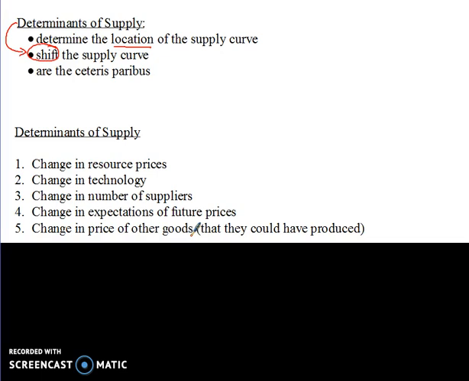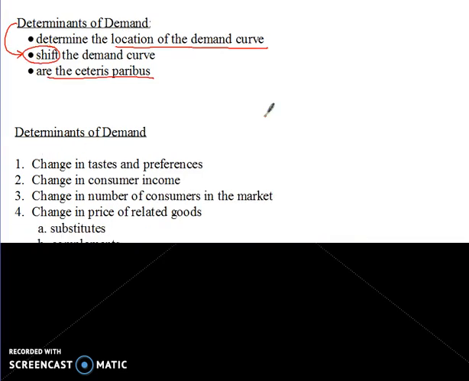So these are just the lists of the determinants of demand and determinants of supply. They are worth writing down. They are worth knowing what they are. But our real focus is what we're going to start to do in the next video, which is to look at how these determinants of supply or determinants of demand, how do they interact with our supply and demand model. So we will take a look at that